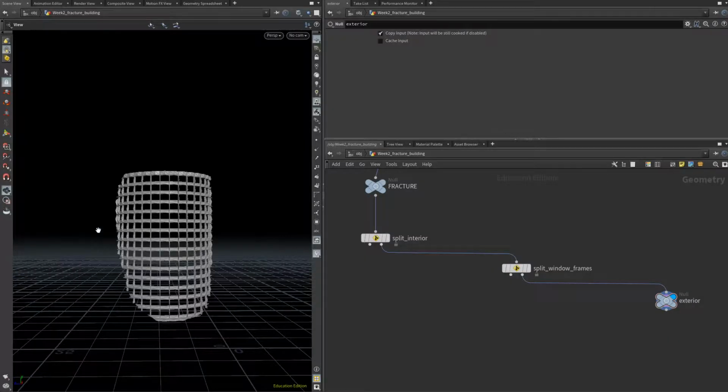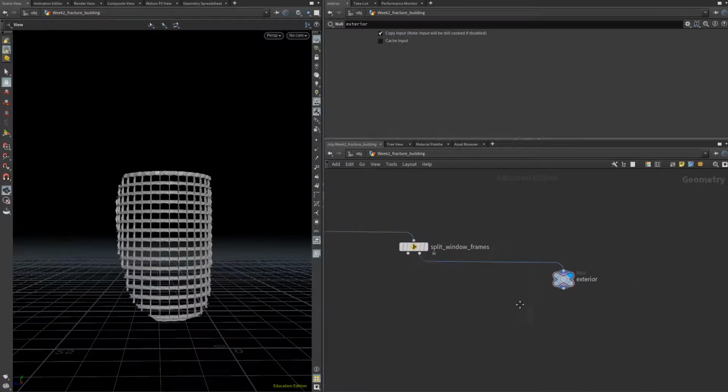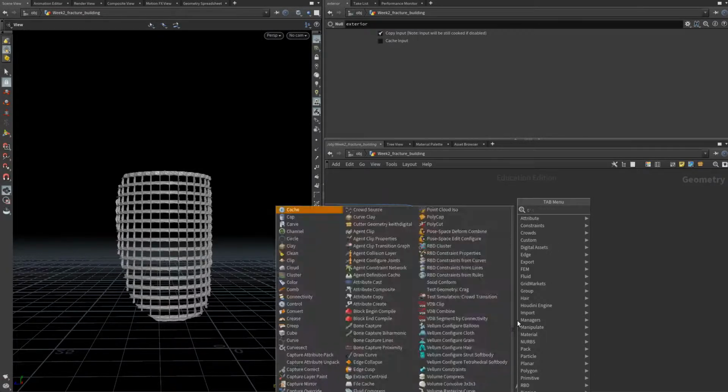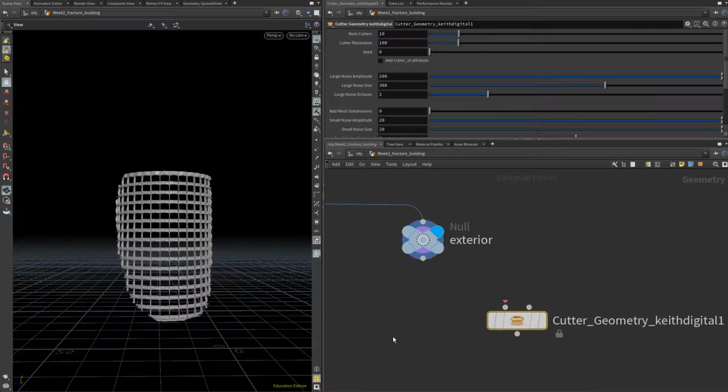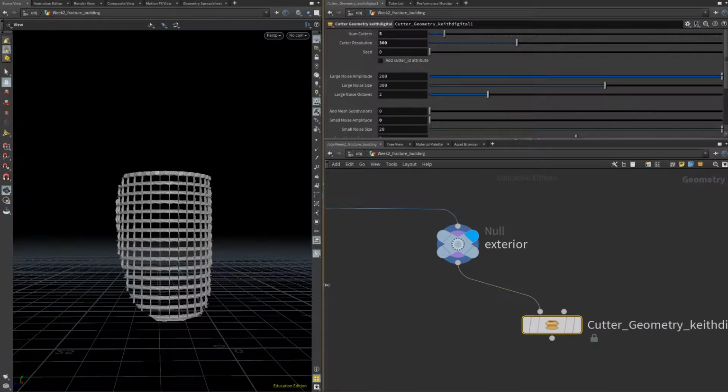Now the workflow for running these fractures is essentially the same as what we set up in week 1. So we'll drop in a cutter geometry node and connect our exterior to that. I tend to like starting with a very low number of cutters. We'll increase the resolution to 300, turn off the small noise amplitude, and some of these default settings were created